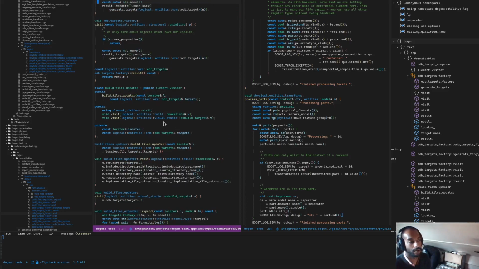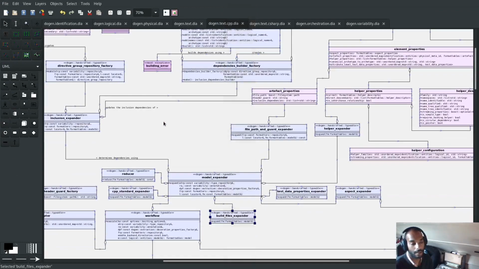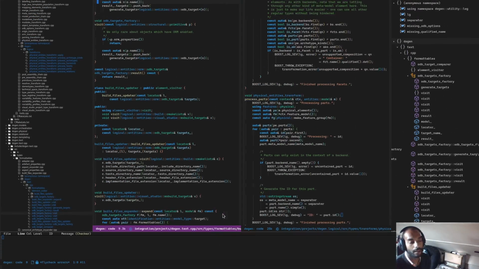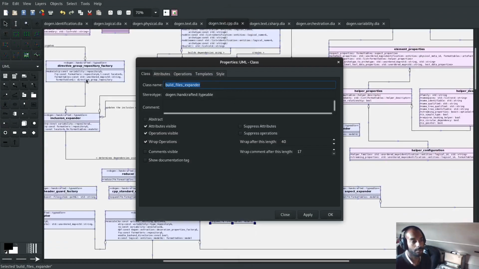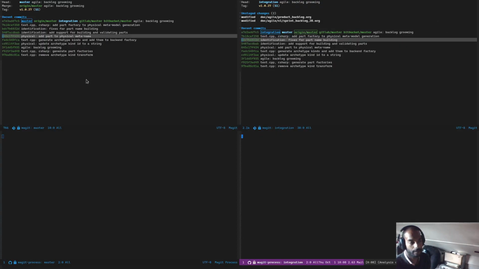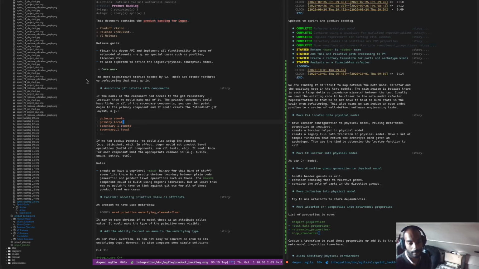Yes, so build files expander. These are ODB related targets, so I'm not entirely sure what we're going to do with these. Let's just put this in the list of Metamodel properties for now. Probably not the right place, but